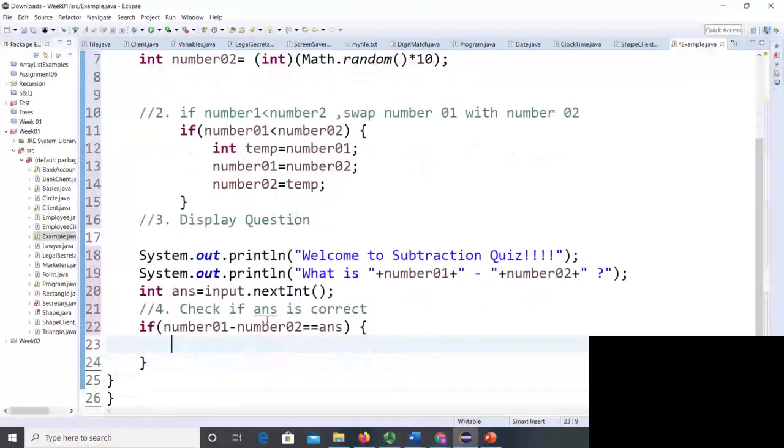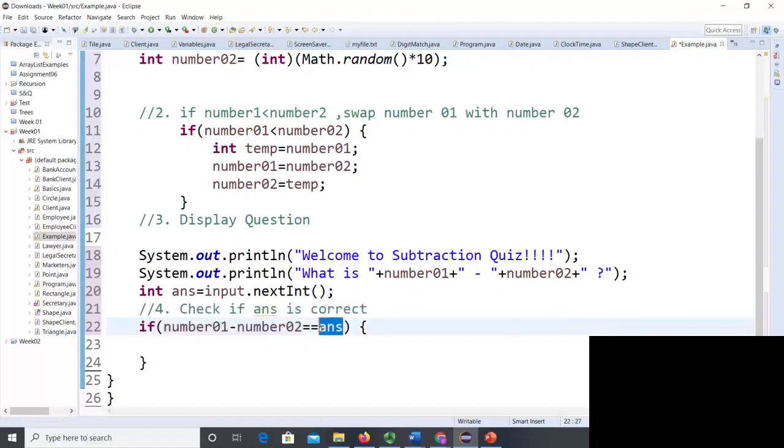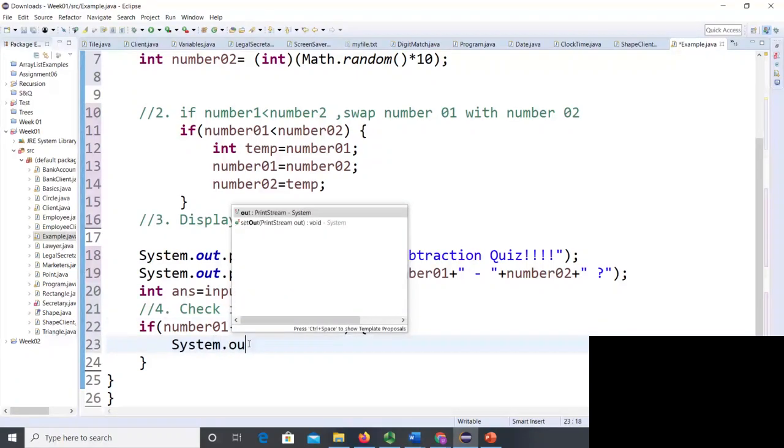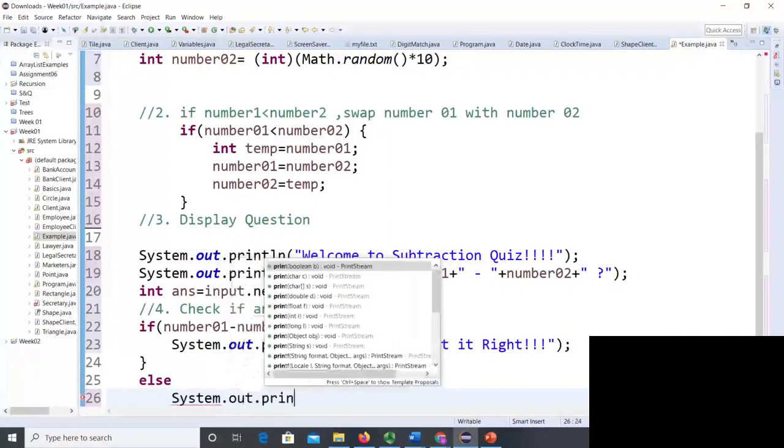So this is how you compare with the double equal sign in Java, to check if this is the same as what the user has given. If this is the same, then we will display System.out.println, "Yay, you got it right", and a semicolon. Else we will display a message with System.out.println.